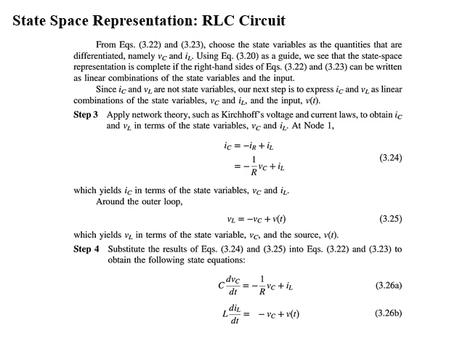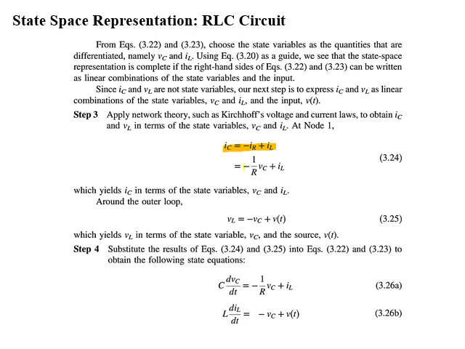Dear students, now we will apply KCL or KVL to complete our state equations model. Now if we apply Kirchhoff's current law at node 1, we obtain current through the inductor is equal to current through resistor plus current through capacitor. And from this, current through capacitor will be equal to minus current of resistor plus current through the inductor,